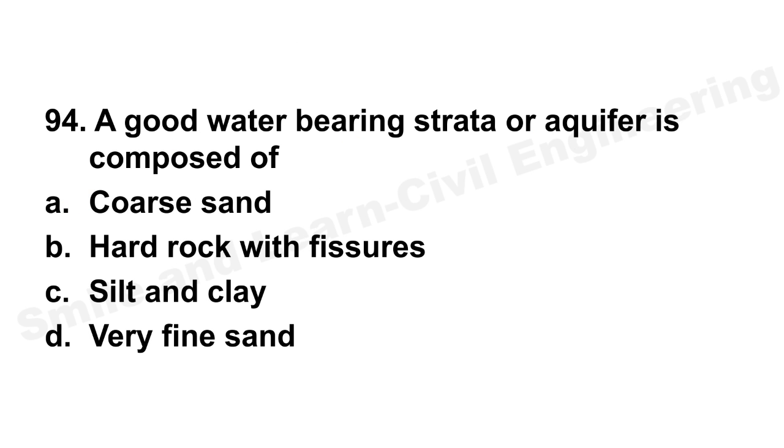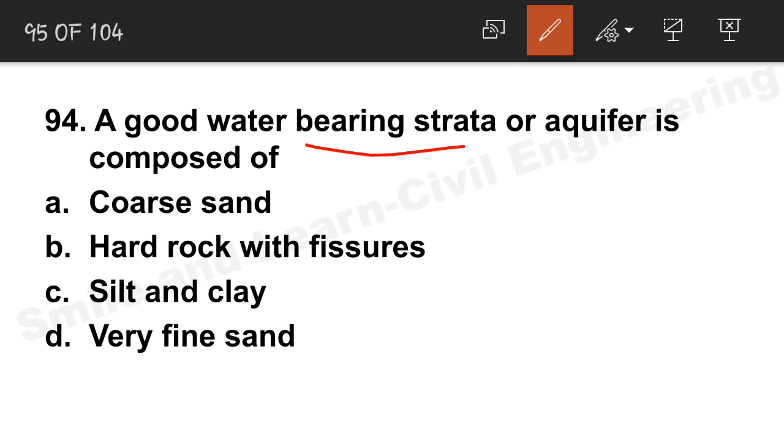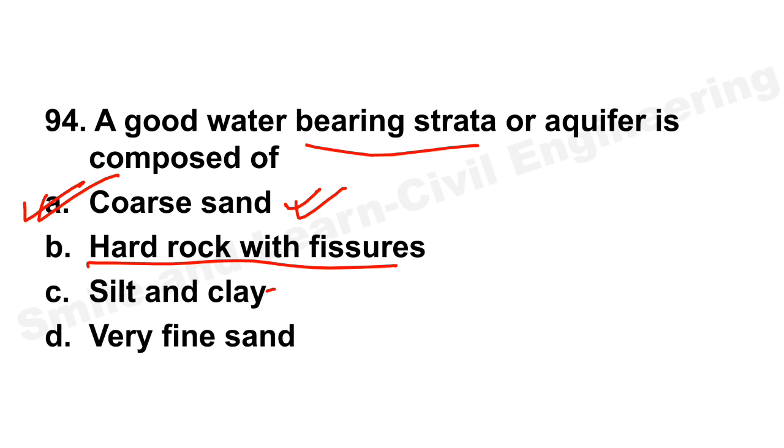Question number 94, a good water bearing strata or aquifer is composed of. Water bearing strata means a large quantity of water is available, obviously. So this is due to coarse sand. Hard rock or fissures, silt, clay, fine sand, they will not produce water, they will arrest the water. Hard rock won't allow water to pass through it. So this is not an aquifer, but an aquifer may consist of coarse sand, since it will also act